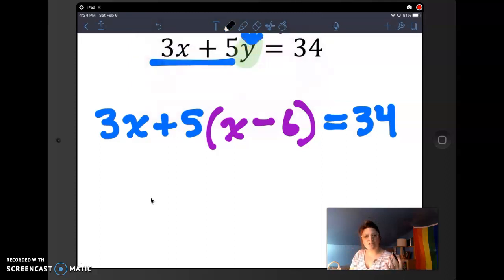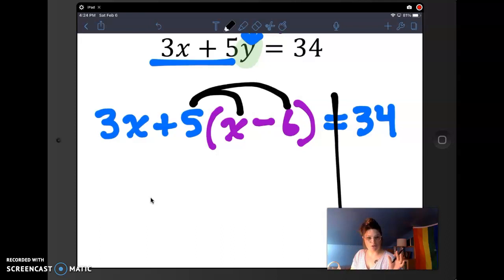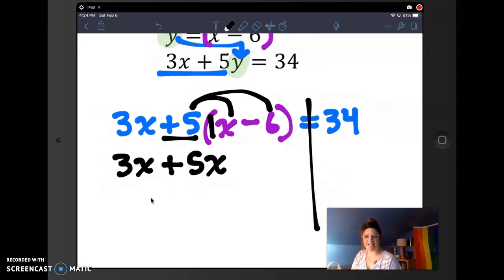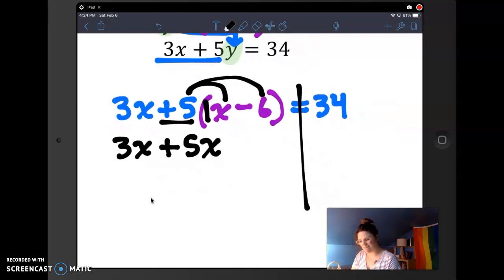So remember, whenever you see parentheses and you're trying to solve an equation, those have to go first. So we're going to multiply in through the parentheses. Distribute is another name for that. The 3x has not been changed, but the positive 5x gets multiplied by the 1x, giving us positive 5x. And I almost made the mistake that a lot of students make, which is they would say 6x because they add on accident. So the next thing we're going to do is multiply the positive 5 times